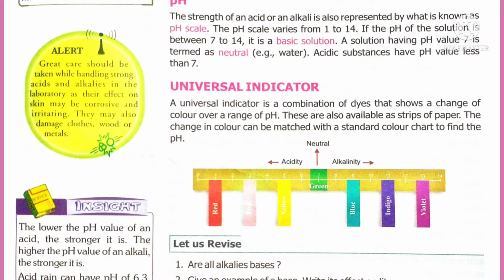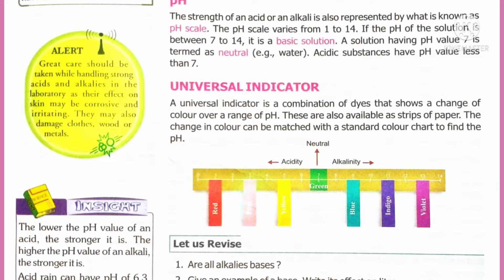Okay, that is a strong acid, strong base or weak base. With the help of the pH reading also we can measure. A pH reader is there, like a thermometer. Through this we can measure the pH reading. The reading ranges from 0 to 14. If it is 14, it shows a stronger alkali. That means if the pH reading is more, the alkaline nature is more. If the pH reading is less, the alkaline nature is less.